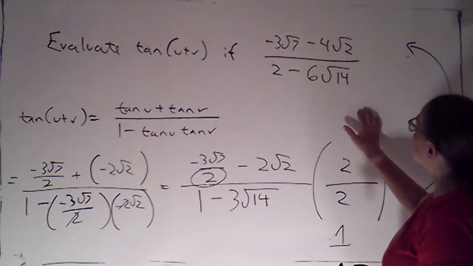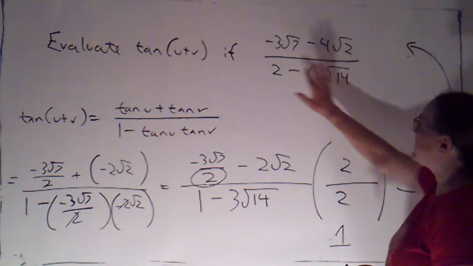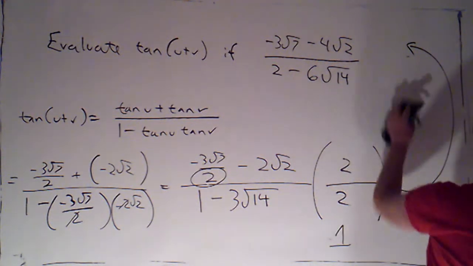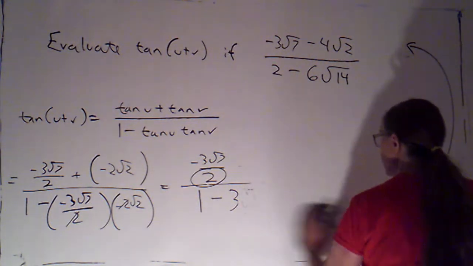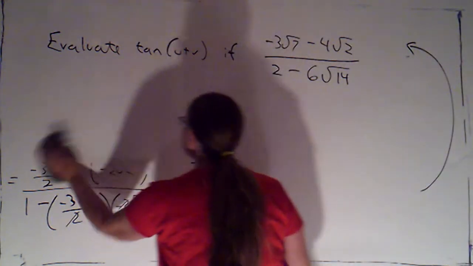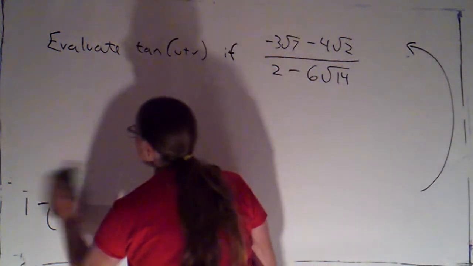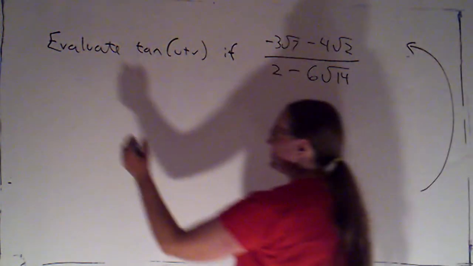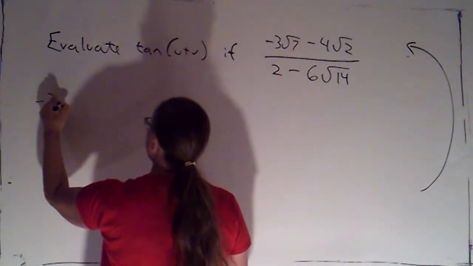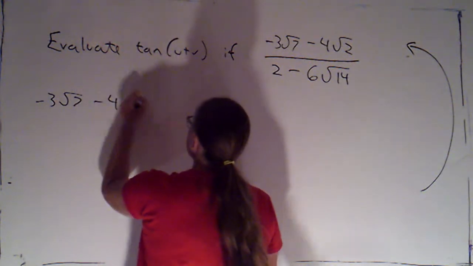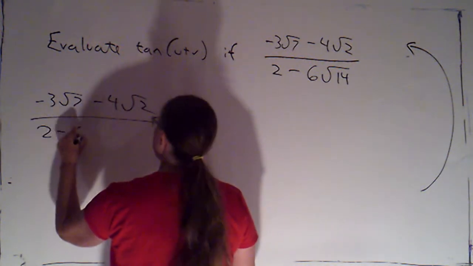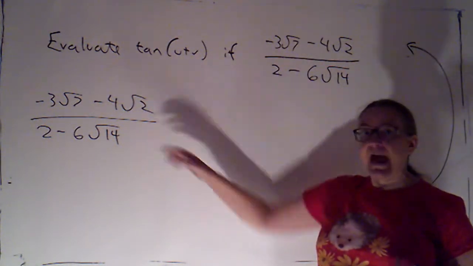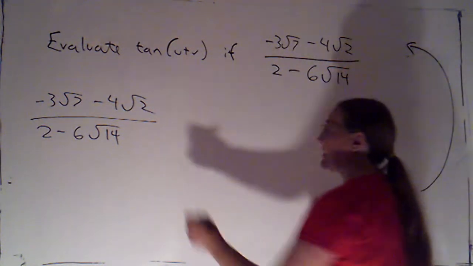I do have these roots. Looks like none of these roots at this point are going to simplify. There aren't any perfect squares that I can pull out at this point, but I do have roots in the denominator, and we don't want to have roots in the denominator. So I'm going to copy this over here just so I have a little bit more space. The way I'm going to clear that is I'm going to rationalize the denominator.